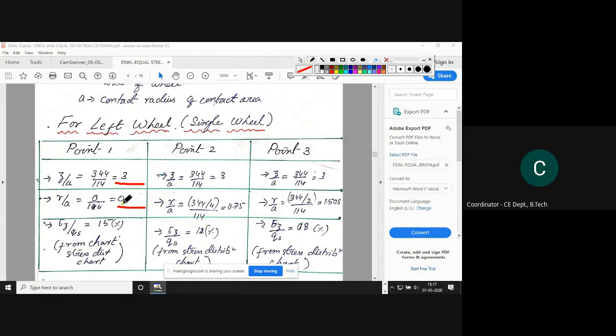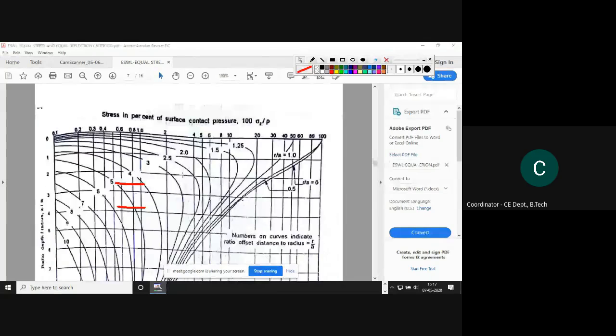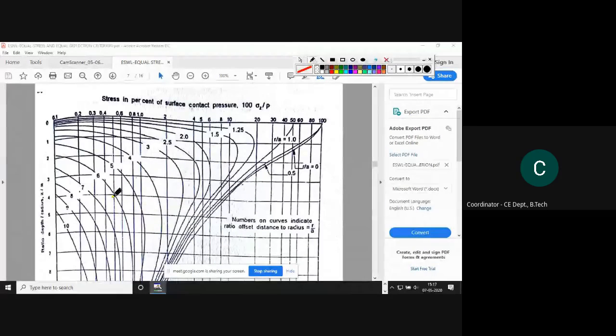So use these two values now and go to this chart. Now your Z by A is this graph. This axis will give you Z by A. So Z by A is here 7, 6, 5, 0, 1, 2, 3. Our Z by A is 3, so mark a line. Draw a line. Now your R by A for that particular point is 0, so which line do we have to use? We have to use this first line, and we will go where it touches this Z by A. It touches it here. So for R by A equals 0 and Z by A equals 3,